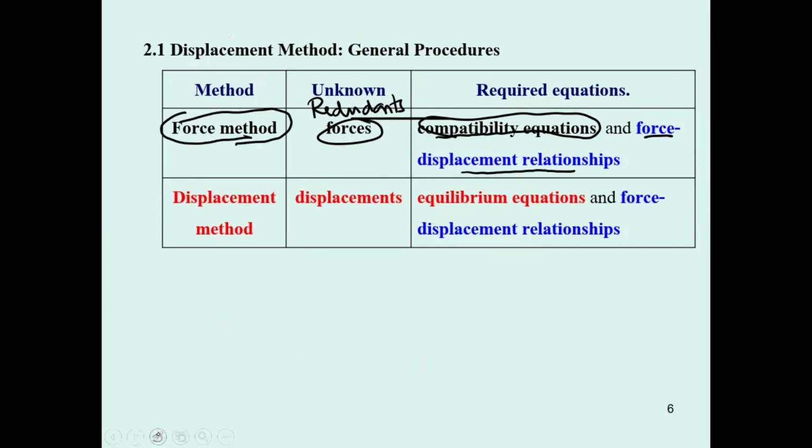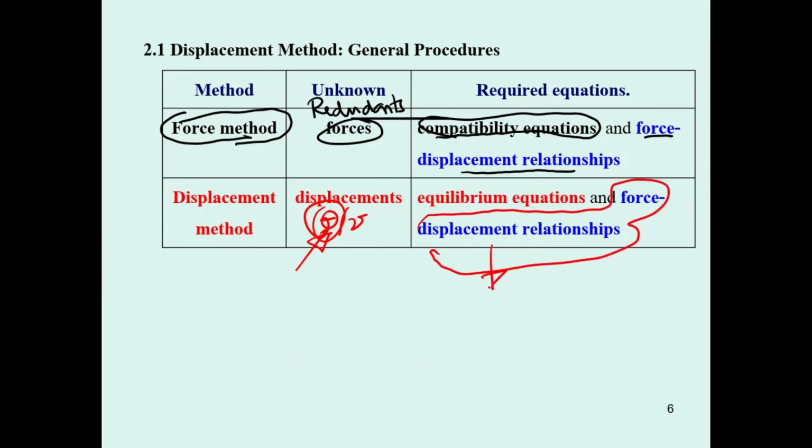Now, again, we are changing our interest to the displacement method. We're going to use the slope and the deflection as the unknown. For the beam, mainly, we're going to use the slope as the unknown. But for the frame, we use both. In this one, we will have the force displacement relationship. This one will be in the form of the slope deflection equation, as Ajahn mentioned before.